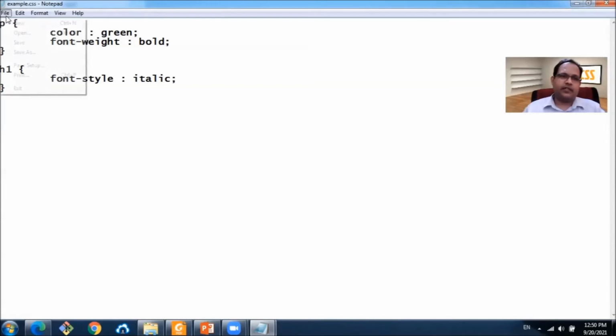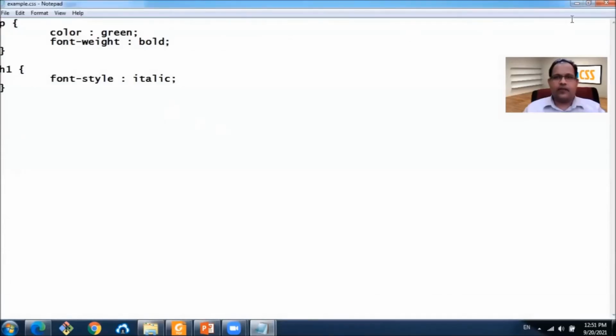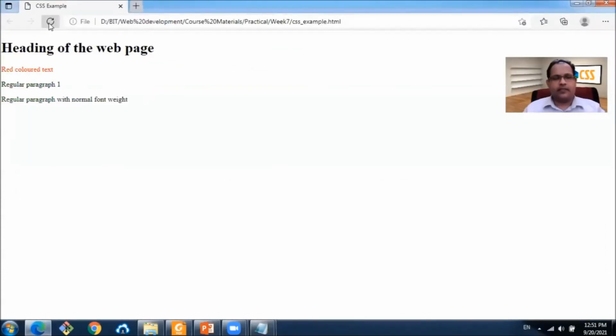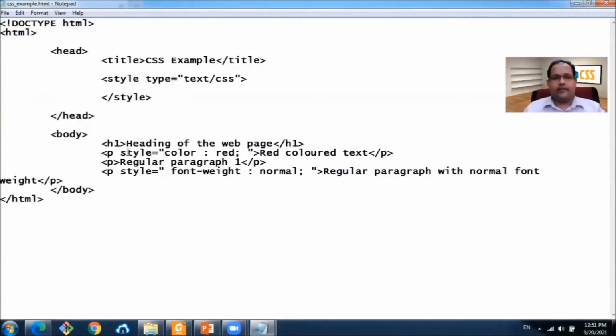So I'm saving this file, but without including that file into our web page, I save it. And let's see what happens. Only the inline styles are now taking effect, because in our page, there are no internal styles.